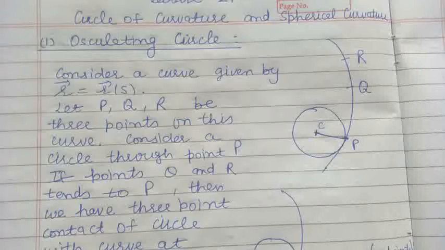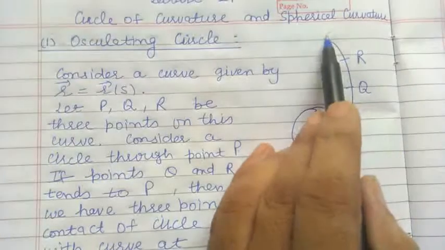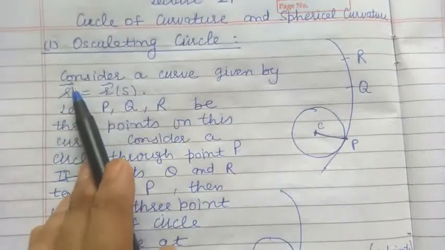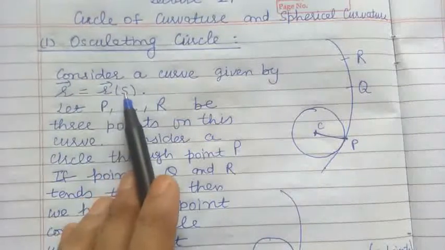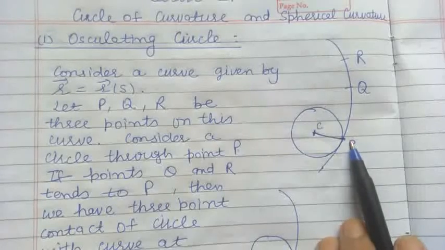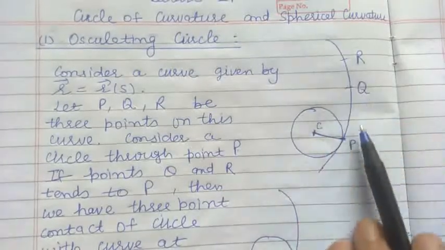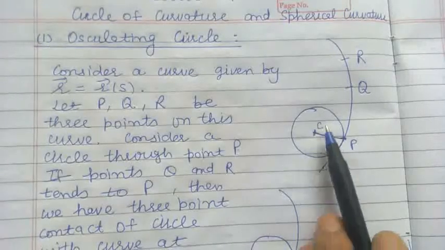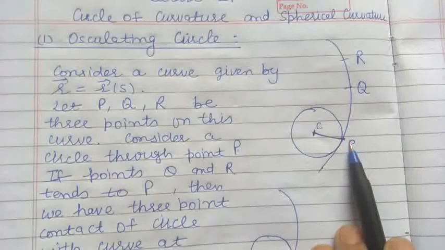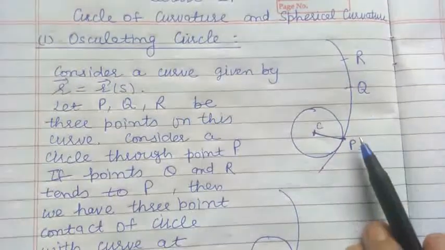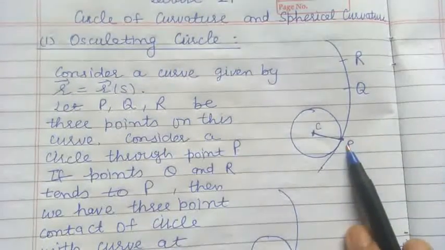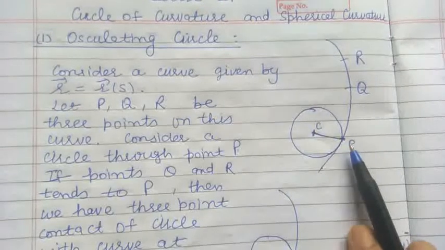In order to define osculating circle, let us consider a curve having the equation given by vector r equal to vector r, which is a function of the parameter s. Let us consider 3 points P, Q, R on this curve. Consider a circle passing through the point P. Now, if the point R tends to the point P and the point Q also tends to the point P, then we see that we have